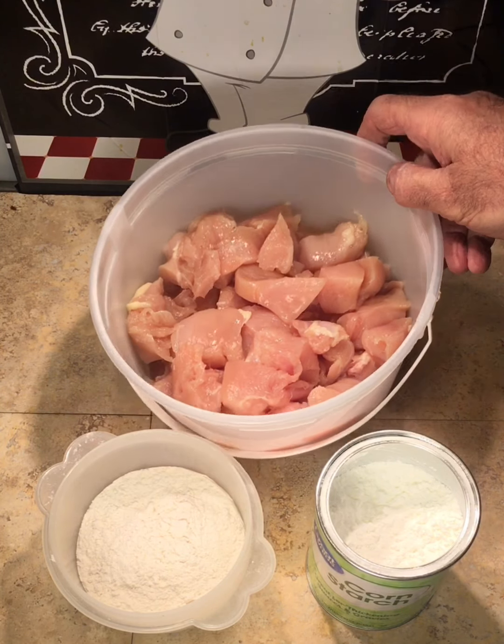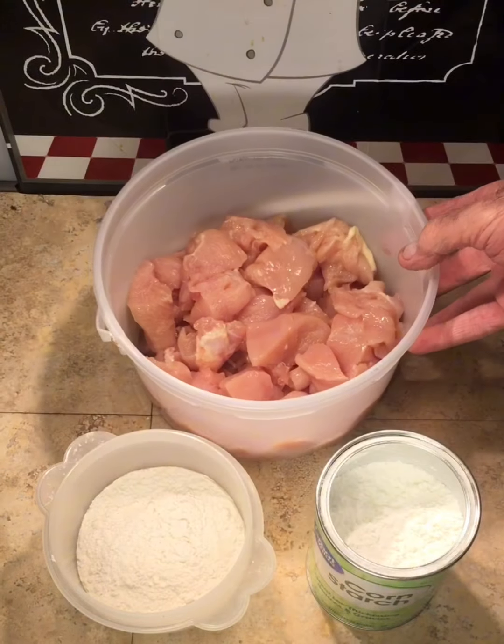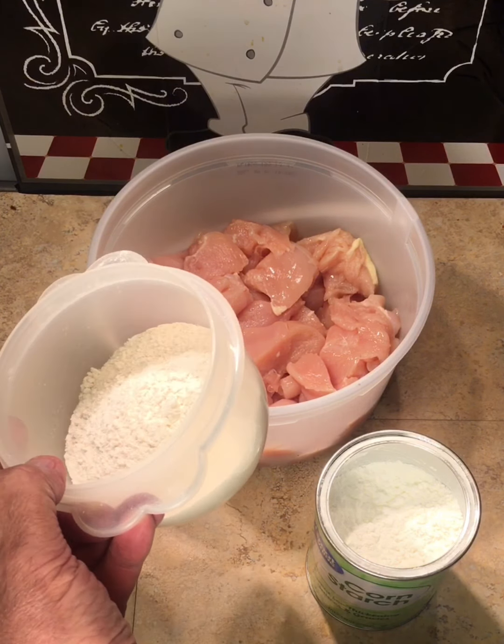Today I have some chopped up boneless chicken breasts that I made into 1 or 2 inch chunks in here, and we're going to make chicken nuggets and fry them up. We're going to use a little all-purpose flour. There's about a cup of flour in there,